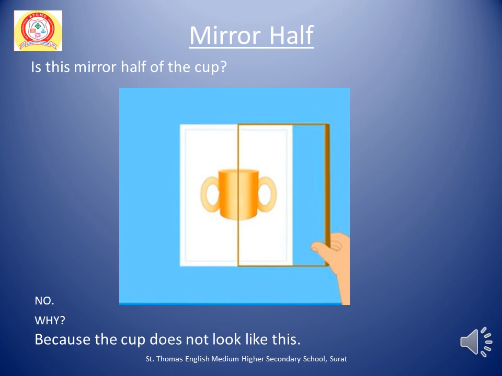We learn from these examples that when an object is halved, by cutting it through its center line, then we get two equal parts. These two equal parts are symmetrical. The two symmetrical parts are mirror half of each other.